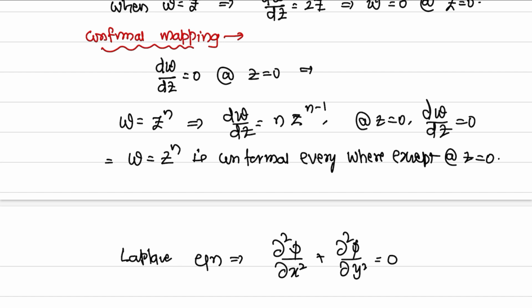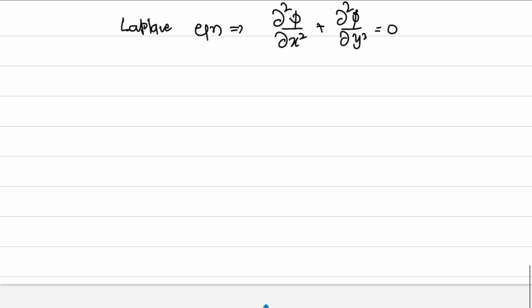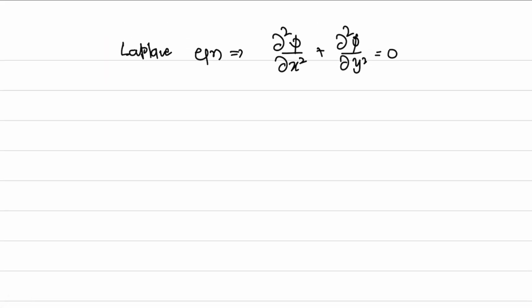Hence, the mapping is conformal. Now, this much knowledge is sufficient. It's a small lecture only to give an idea about what is mapping between z plane and w plane. And another thing, you have to make a note,